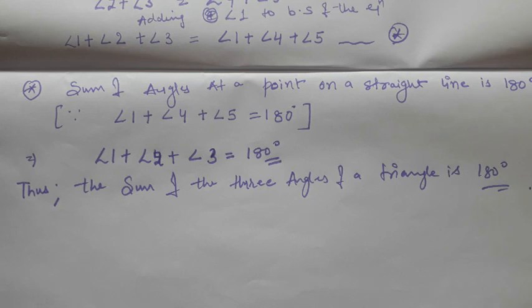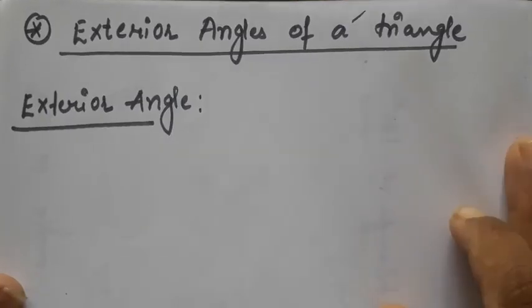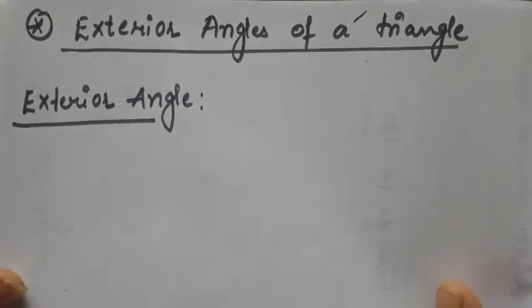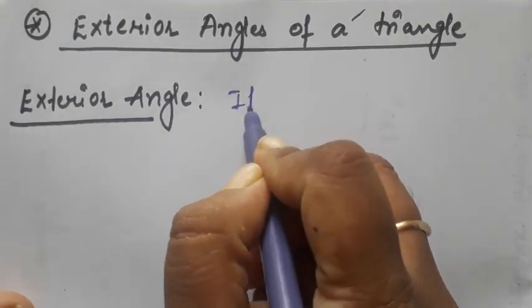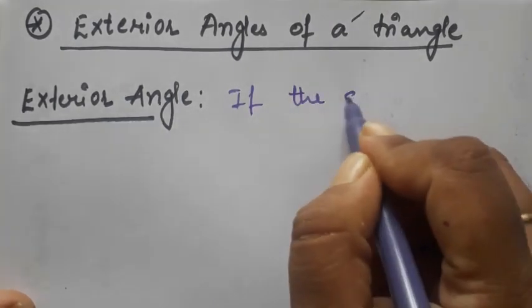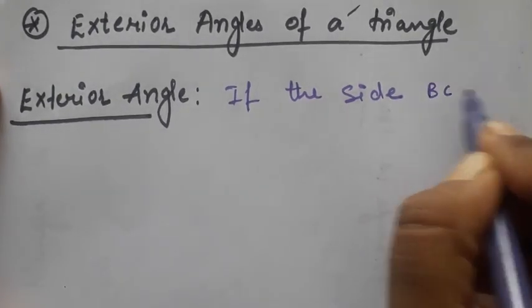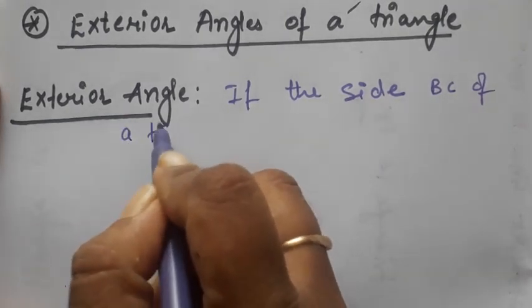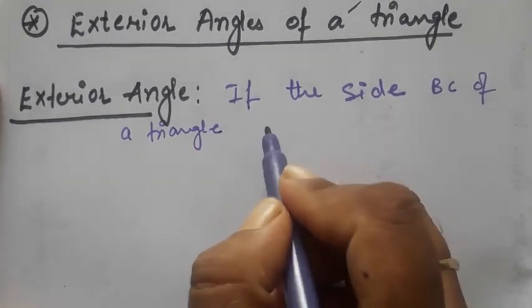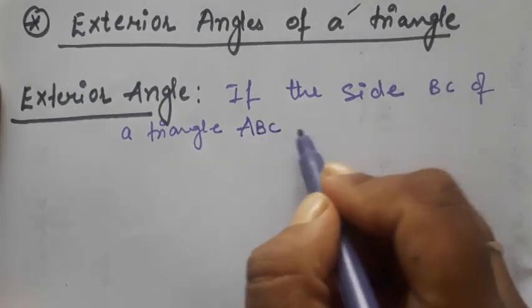Okay, so let's move to the next concept, that is exterior angles of a triangle. Let's go for its definition first of all. Let's discuss first what an exterior angle is. For that I have considered one triangle ABC. If the side BC of a triangle ABC is produced